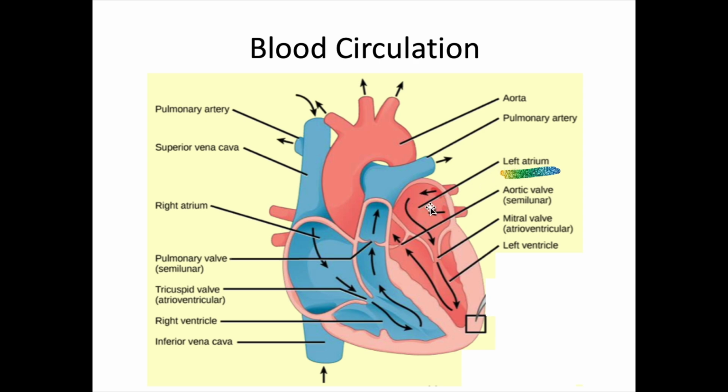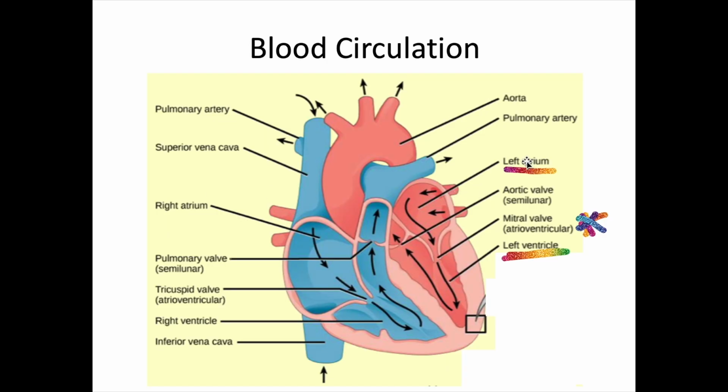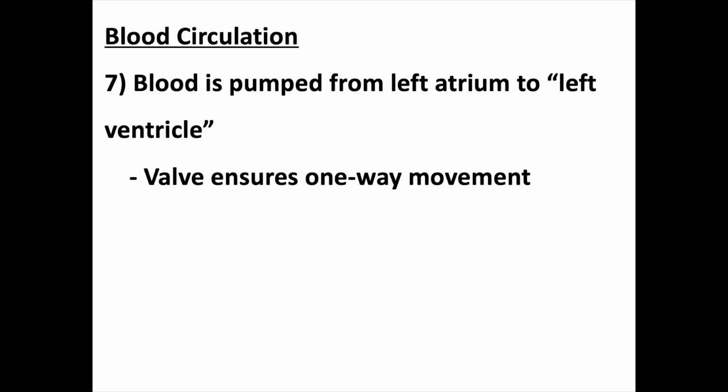Remember, blood always enters in an atrium. This time we're on the left side, but it's going to be the left atrium. So oxygenated blood enters the heart from the lungs at the left atrium. You know the deal. It's the same thing that we saw on the other side of the heart. If it's going to enter through an atrium, it has to exit through a ventricle. So we're going to pump this oxygenated blood from the left atrium to the left ventricle. And there's another valve here that's going to make sure this is one-way movement and we don't get it flowing backwards. So blood is pumped from left atrium to left ventricle, and there's another valve that ensures that this is one-way